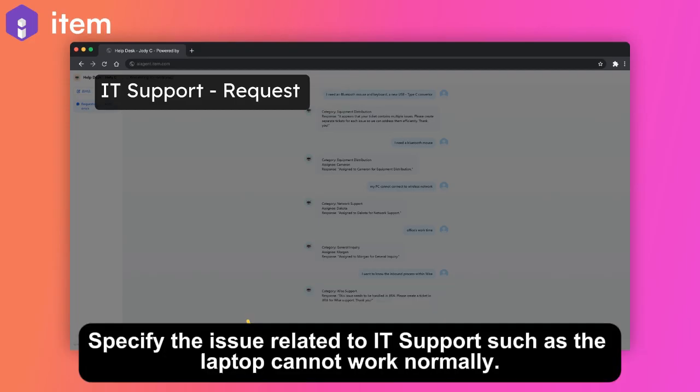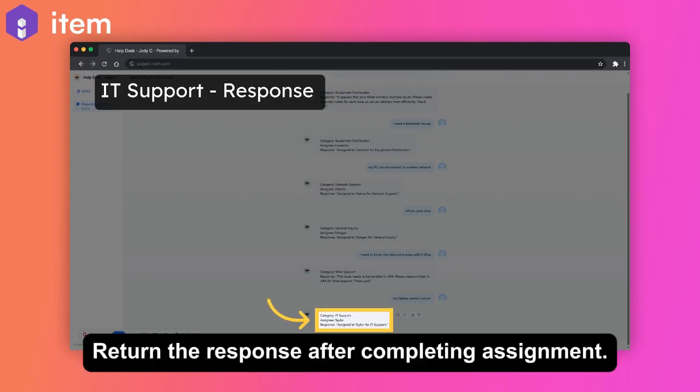Specify the issue related to IT support, such as the laptop not working normally. Return the response after